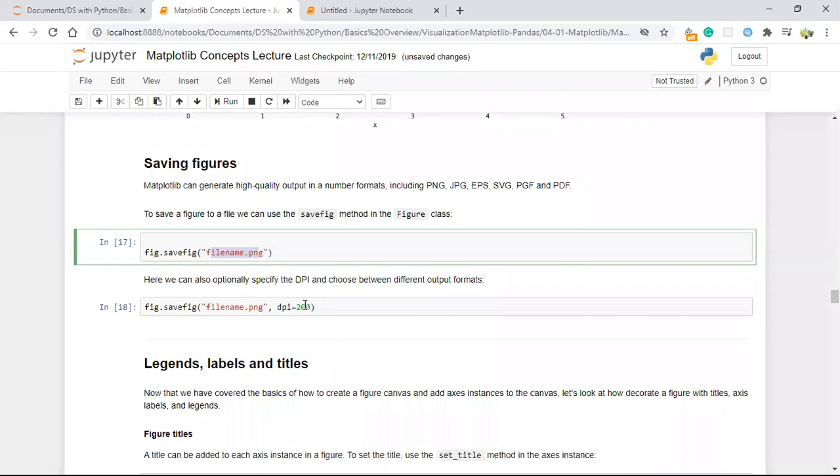So we are just saving the figure, and after we save the figure, you can check the DPI and all those things.